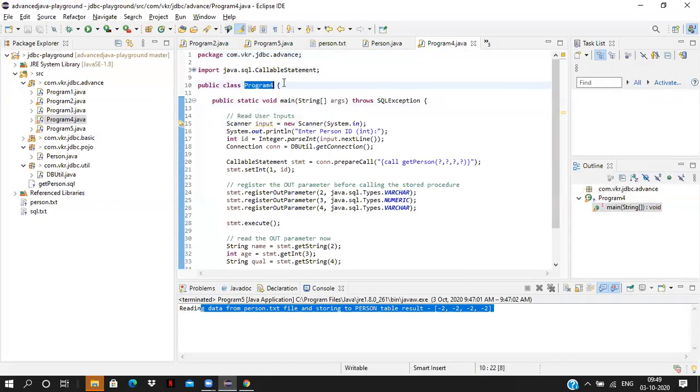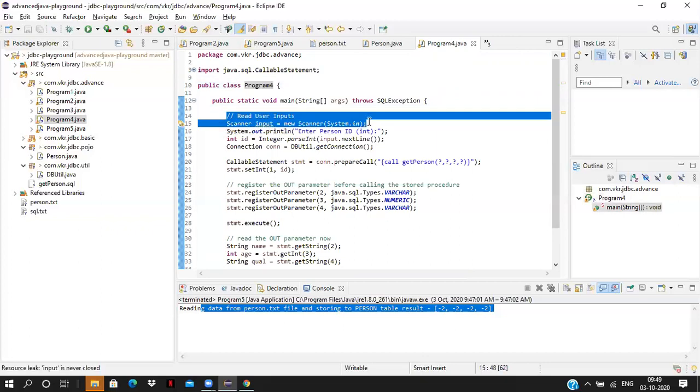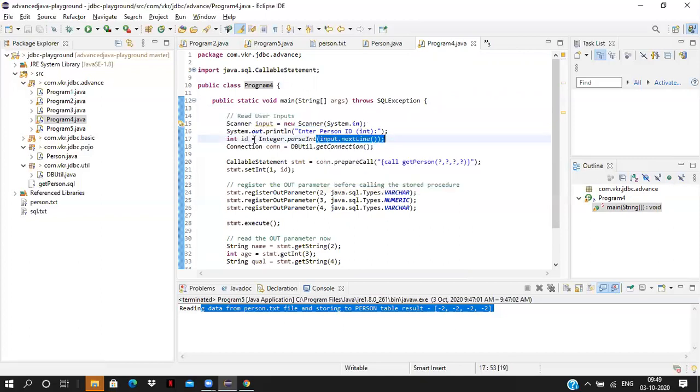I have program 4. So that I have a main method. See, I have a scanner. By using scanner, we'll get the inputs like entering person ID. When it is telling enter person ID, we have to enter the person ID in the console. Once we enter the person ID, we are just reading that person ID, input dot next line, and storing as a ID value, int ID.